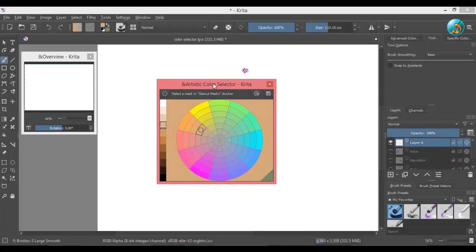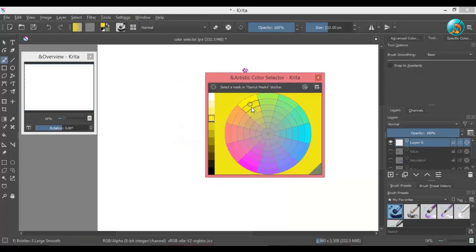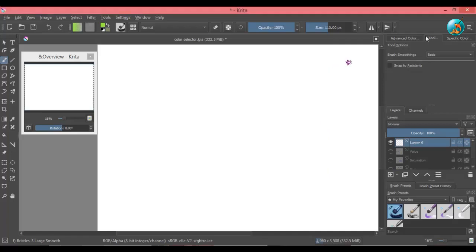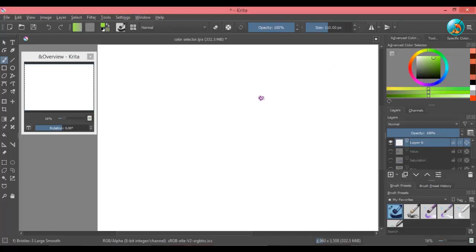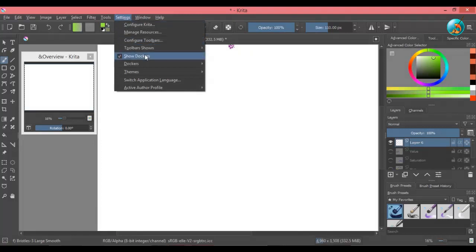This color selector gives you more control in selecting colors, which can be helpful when you are creating graphics with limited color palette and need to select exact color every time. Where in Advanced Color Selector you cannot select an exact color every time without there being a slight variation. This is not a problem as you can always use a color picker tool to get the exact color. So then why even use Artistic Color Selector? You see, to use this selector to its full potential, it is paired up with another Docker called Gamut Mask.